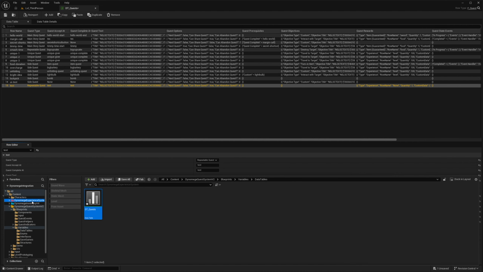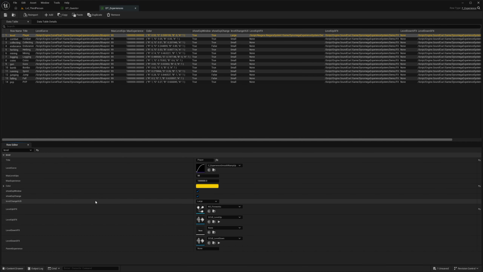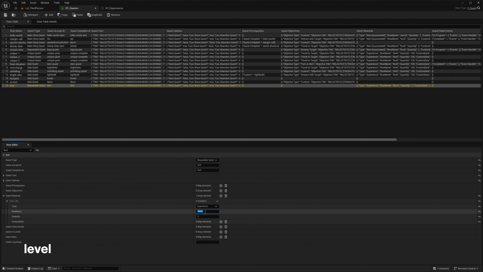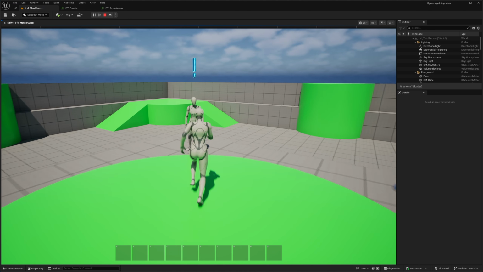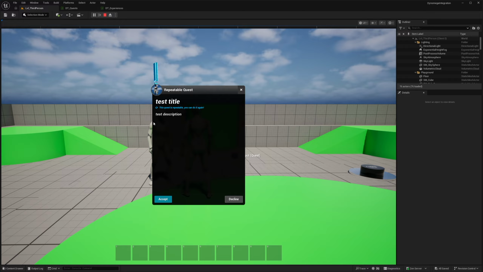You can find the experience data table in the experience system's Blueprints, Variables, Data Tables folder. For me, I'm going to give the default player experience, which has a row name of level. So I will enter level as the row name in my quest reward. Then for quantity, I am going to enter 5,000, which in this context is the amount of experience we want to award. Now if we press play and interact with our quest giver, we won't see the experience amount yet,